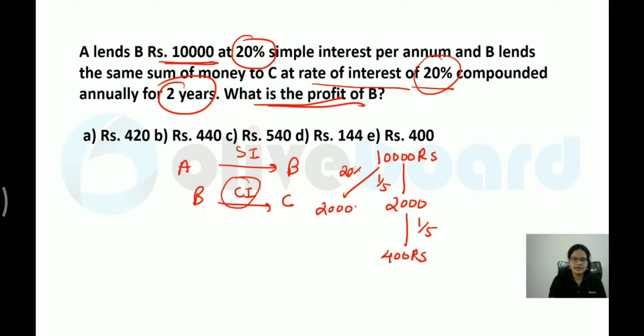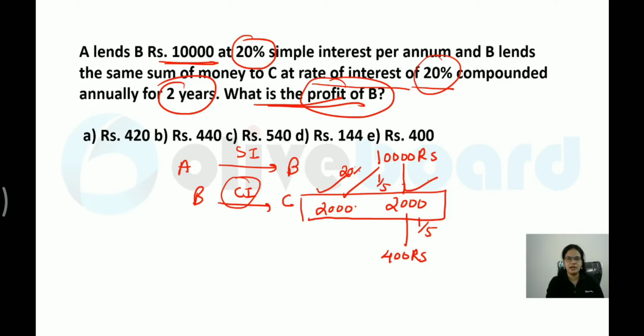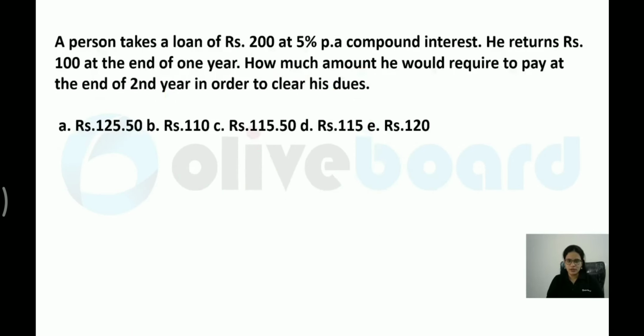So what they are asking you, how much profit B is getting. As he is giving it at compound interest, how much profit will he get. Now you know the basic formula for simple interest. Whenever you are calculating the simple interest, this would have been the simple interest. First year 2000, second year again the same value over here. But when you are giving the compound interest, this is the extra amount. So what is the profit that he must have got? 400 rupees profit he would have got in this case. I hope all of you are getting it. So the same tree diagram can be applicable in this case over here. Now let me move on to the next question.